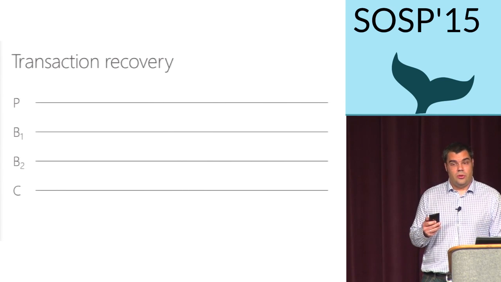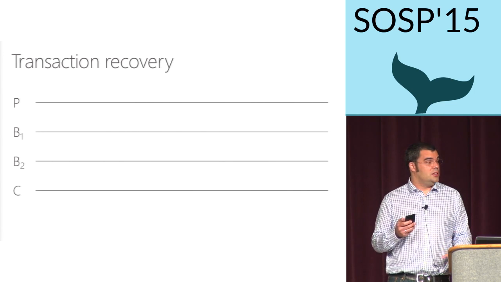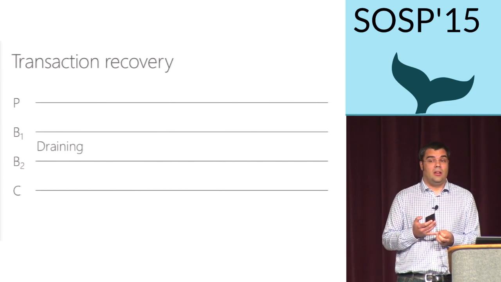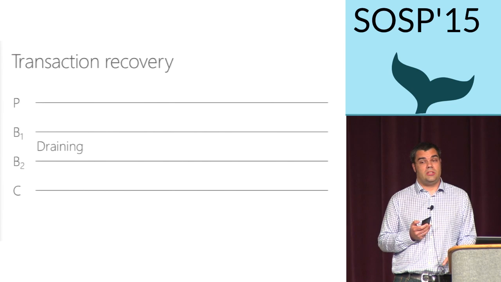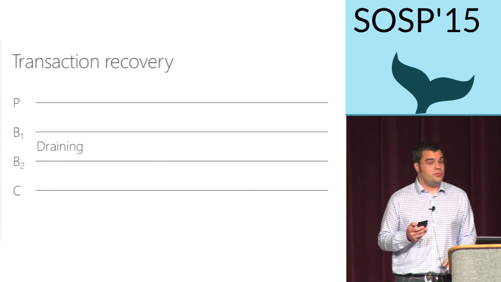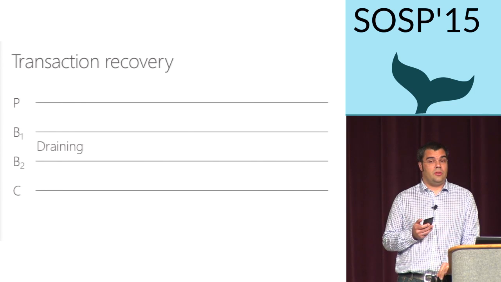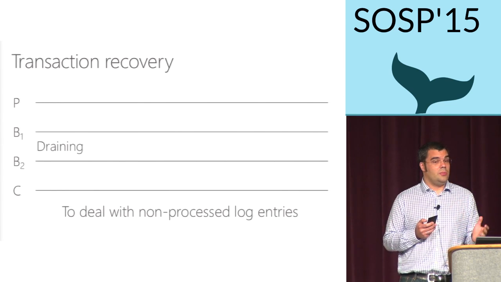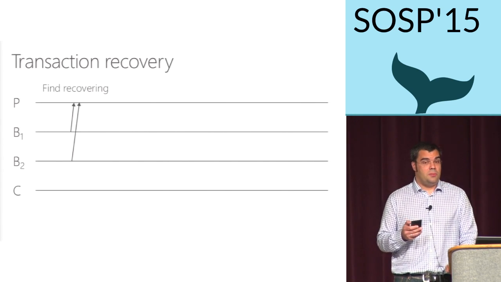Okay, so after changing the configuration, the cluster is going to recover all the transactions that need recovering. As I mentioned before, before we recover the regions, we need to drain the transaction logs, meaning we need to process all the messages in transaction logs that haven't been processed before. At this point in time, we also freeze the set of messages that are going to be accepted from the previous configuration. So in case of further failures, we are always going to take the same set of messages from the previous configurations.